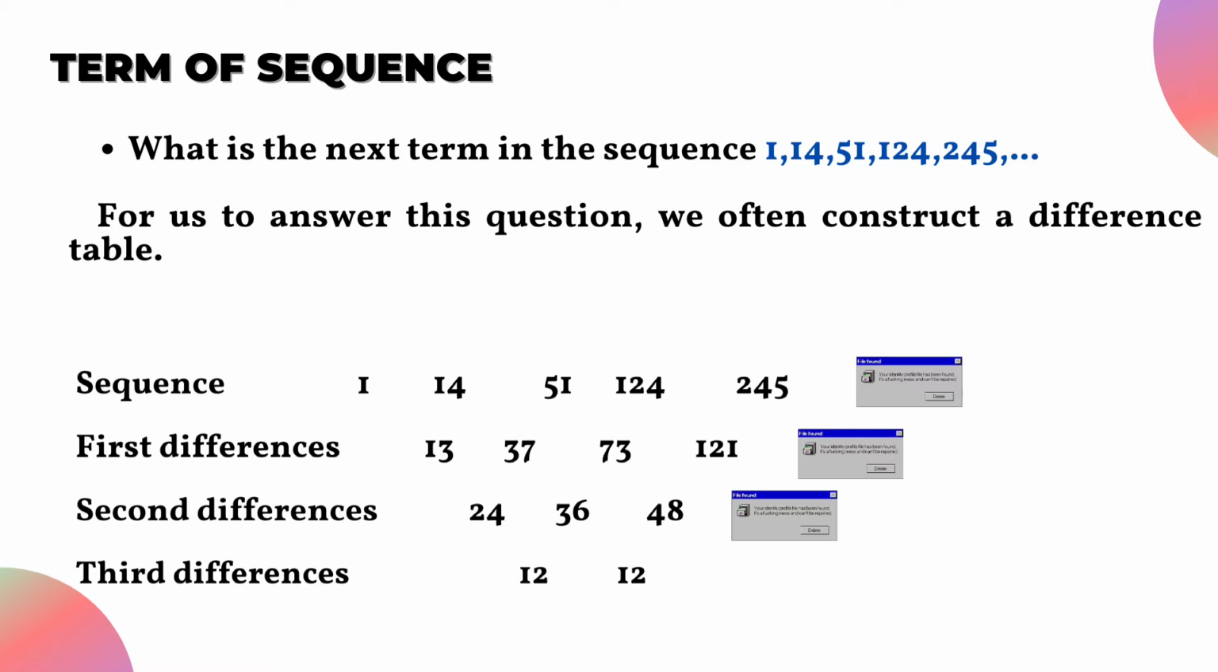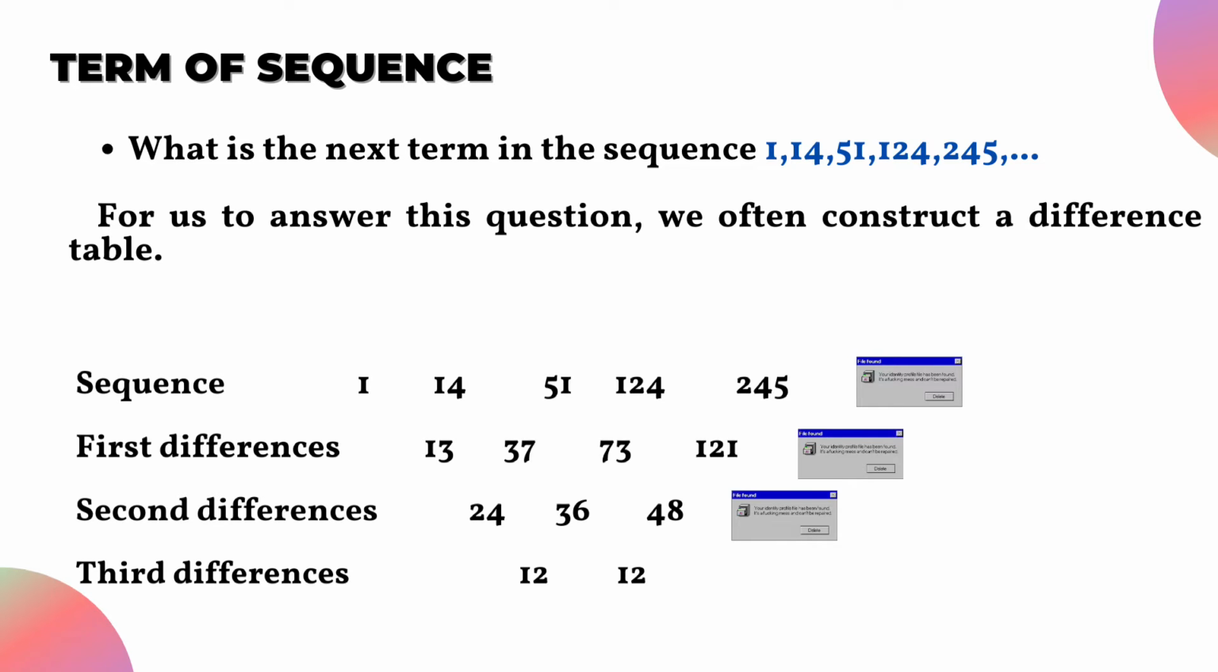So, ginawa ko yon by subtracting the first term sa second term. So, 14 minus 1 is equals to 13. 51 minus 14 is equals to 37. 124 minus 51 is equals to 73. And 245 minus 124 is equals to 121. Ayan, hindi pa rin siya equal. So, sinubukan ko naman kunin yung second differences nila and still hindi pa rin equal. So, hanggang sa umabot na ako sa third differences at this time, nakuha ko na yung differences nila, which is